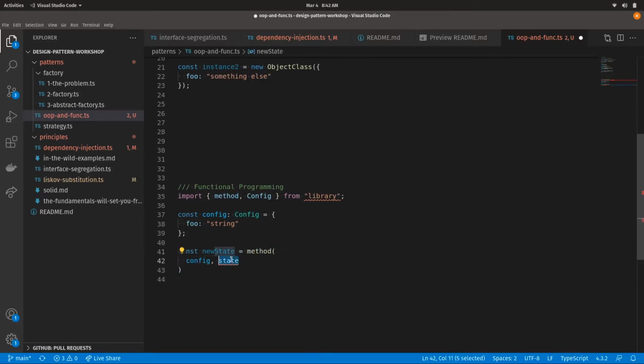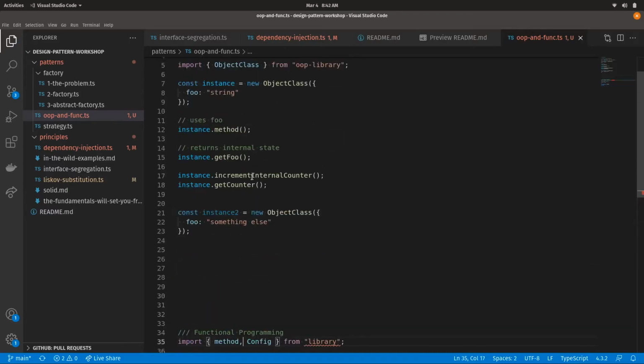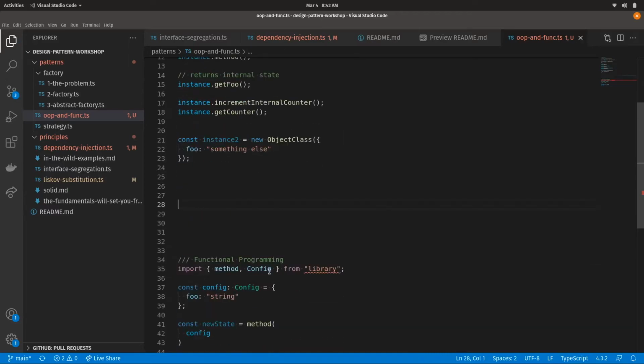And so here, if we wanted to think about the increment internal counter or something like that, it would instead be renamed to increment state counter. And then you would have some notion of state. And then you create,